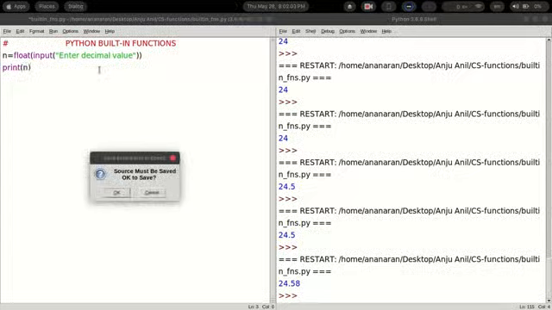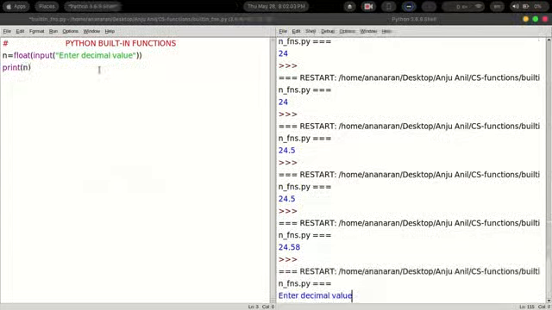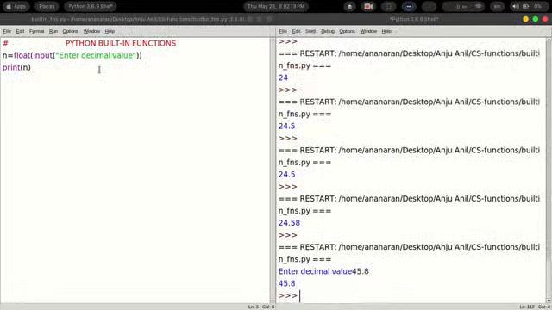It will execute and give you the value. If I say 45.8 as input, it will give me the value 45.8.